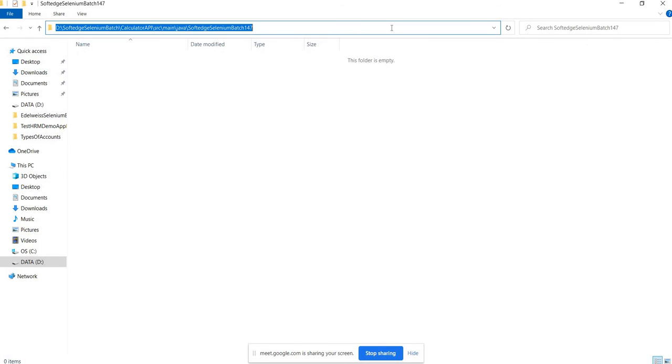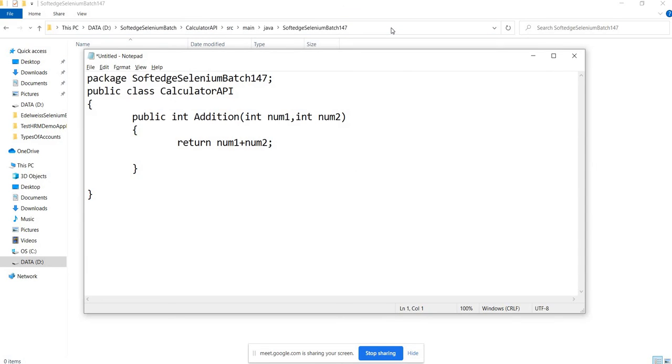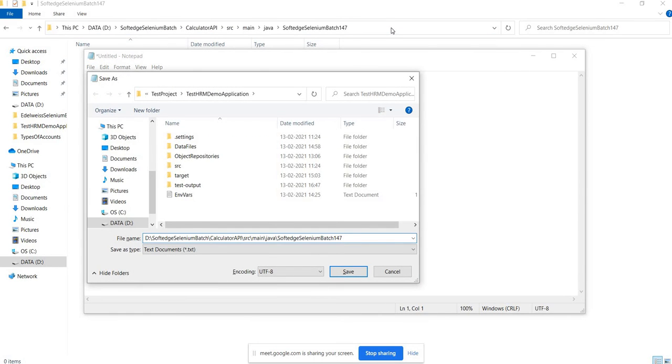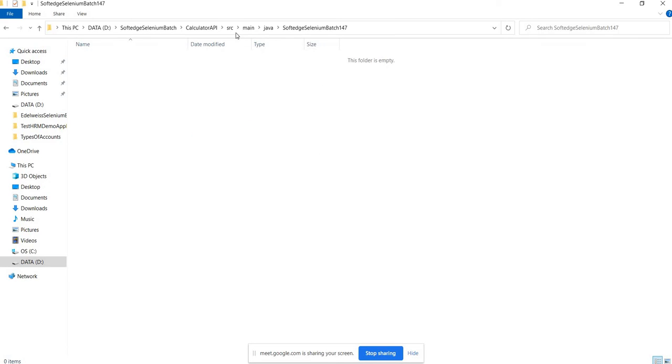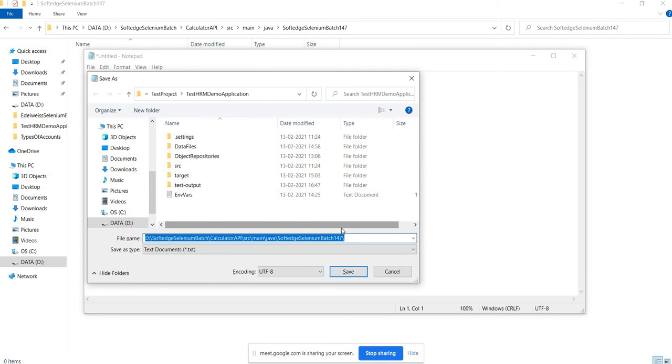And this file I am going to save in our src main java, which is a source directory. Inside the package directory I am going to save this Java file. The name of the class and the name of the file should be the same, as we have written a public class.